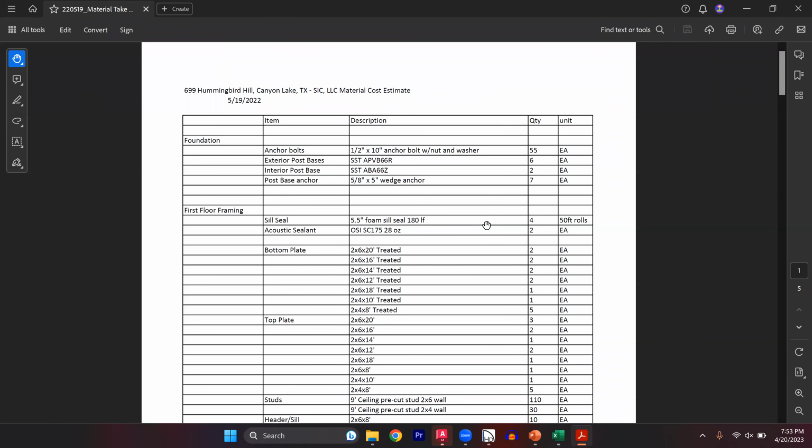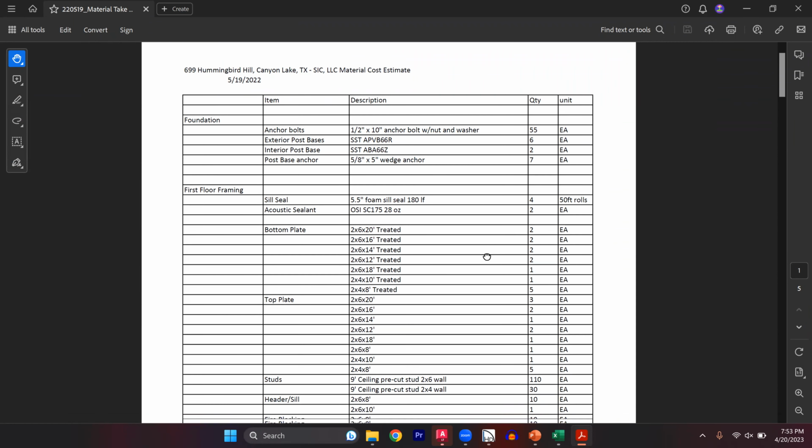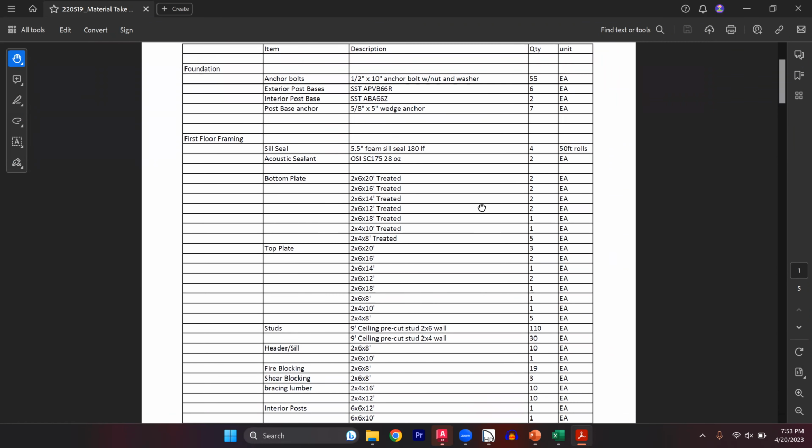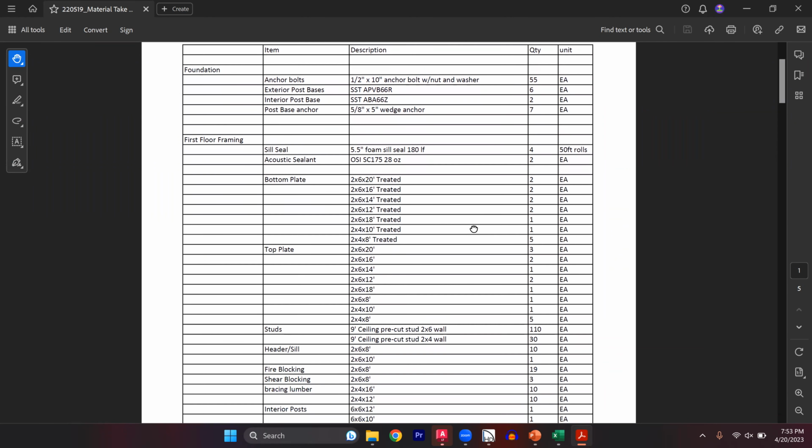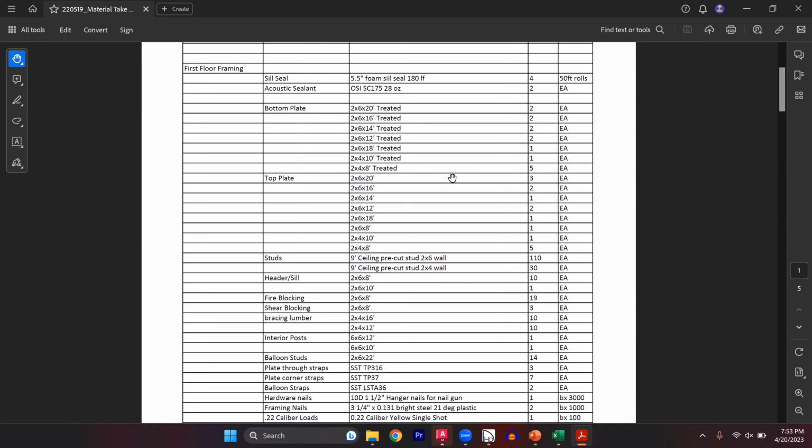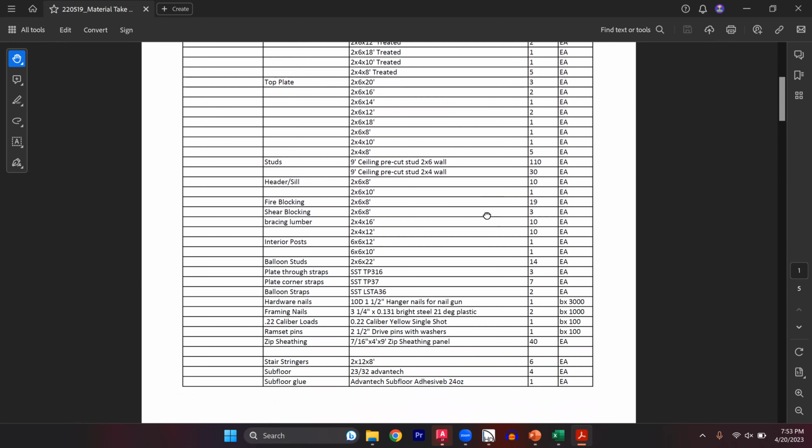So here's an example of a project that I did in Canyon Lake, where I counted all of the materials. I did it in Excel, and you start at the bottom and you work your way up. The way I did it was I think about, okay, I'm building it. What's the material I need to do the next step? And I basically categorize everything, and then I list out each piece and everything that I need from the bottom